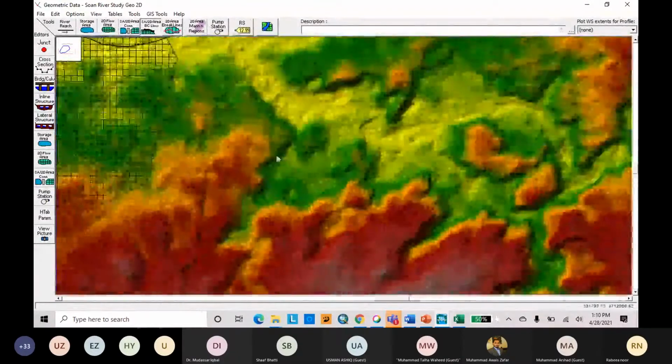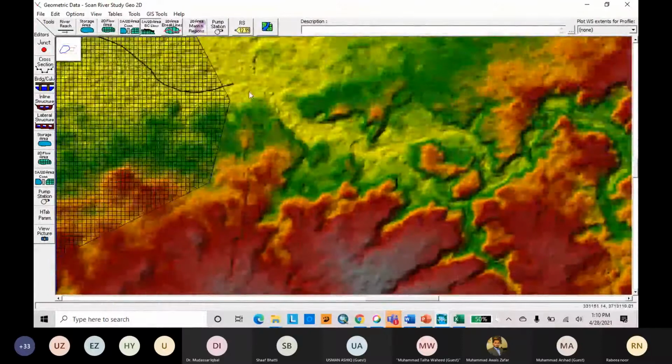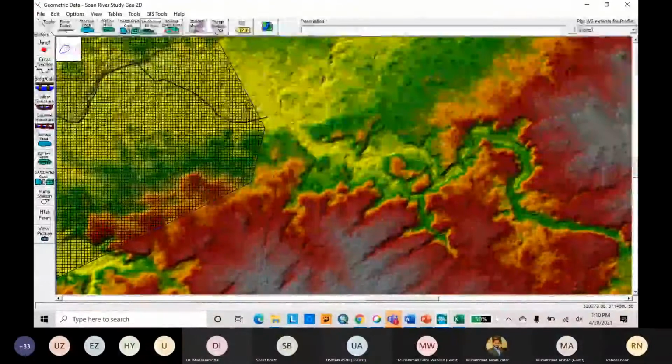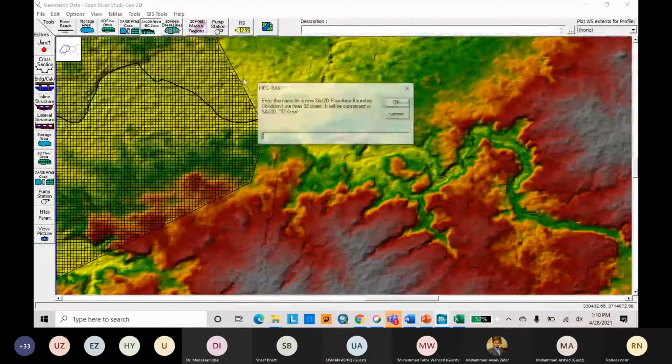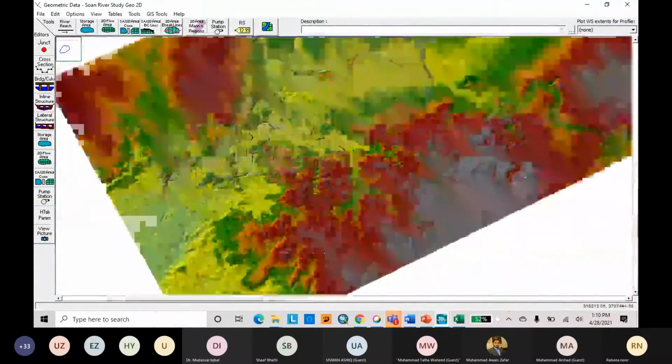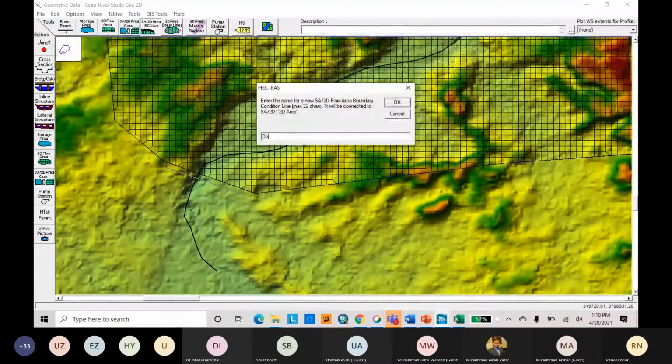You can see here the user interface we are working with. If you face these problems, upstream boundary. Downstream boundary.